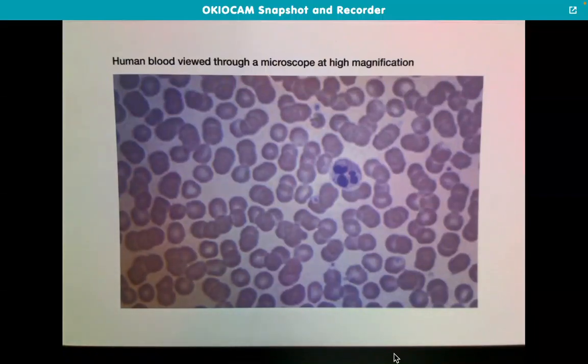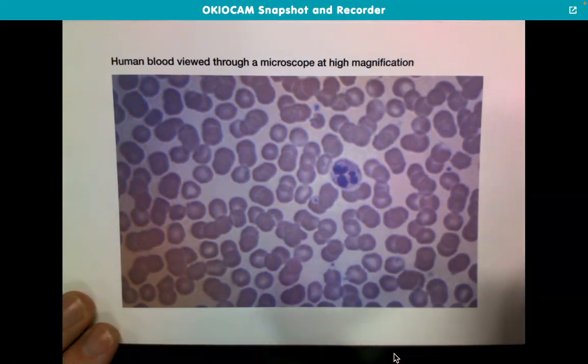So we talked about where blood is found in the body. So we kind of think it's all over the place from yesterday's lesson. Today we want to look at a little better picture of blood itself. So what we're going to do is we have these cards that show better magnification, better images than we see